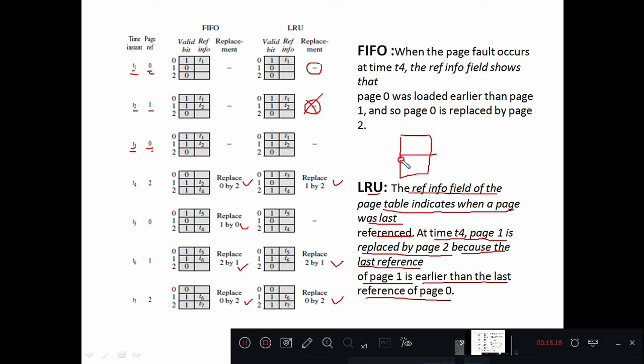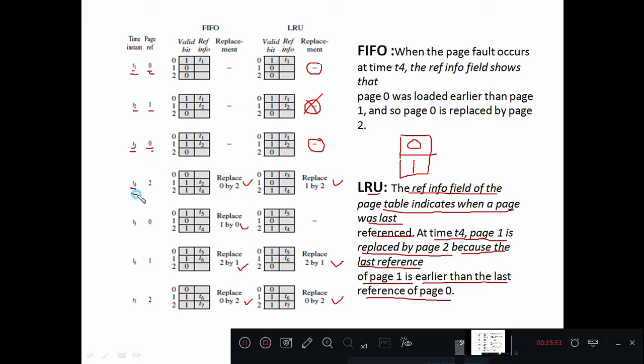Let me write the status of the main memory here. I have page 0 and page 1. Page 0 is recently used. Which is less recently used here? Page number 1 is less recently used. That means whenever a page fault occurs, page 1 is going to be replaced by the new page. Okay. Now, even page replacement is not needed in the third case, when page 0 is referred.